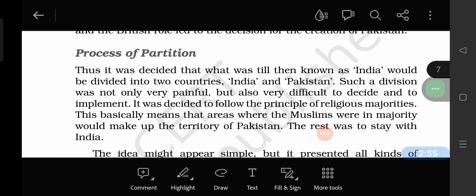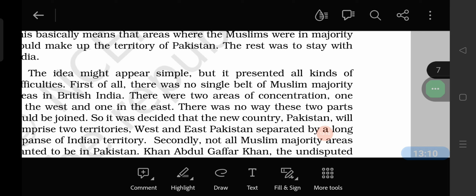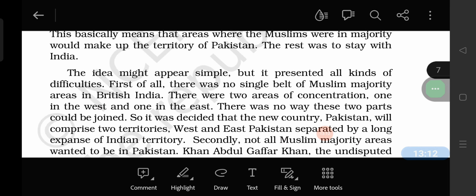Such a division was not only very painful but also a very difficult process. So we will go through it one by one. First one is